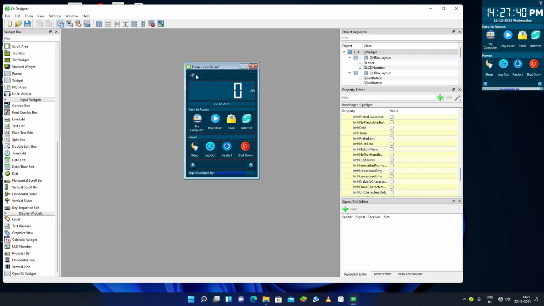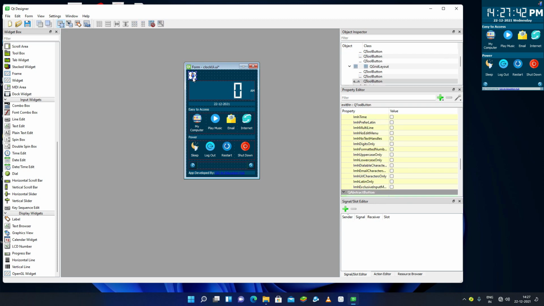Now just add one signal here, so that when you click on this exit button, it will close our application. I will click on this and come into the signal slot editor, click on the plus icon, and select the sender, which will be the exit button, that is this button. Now the signal will be clicked, when you click on this button.